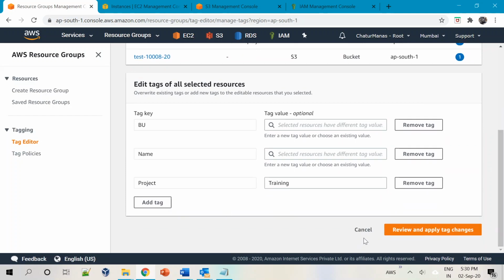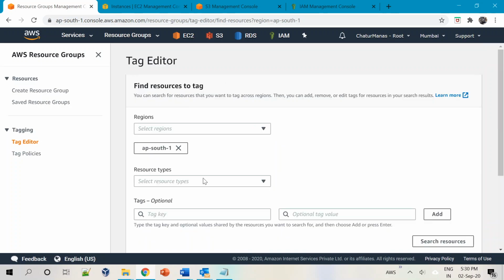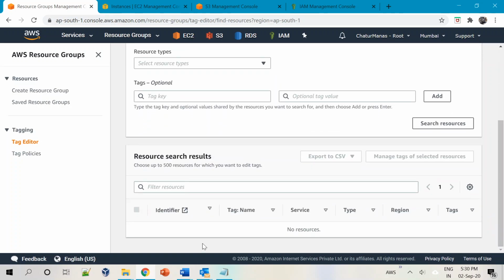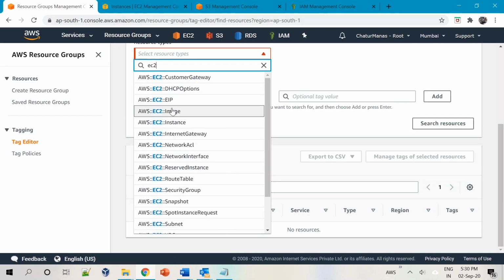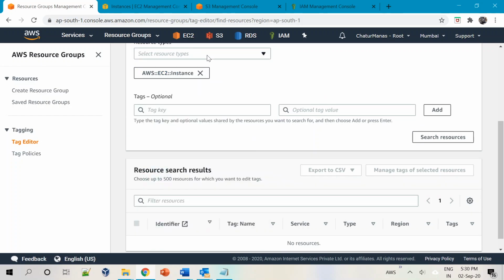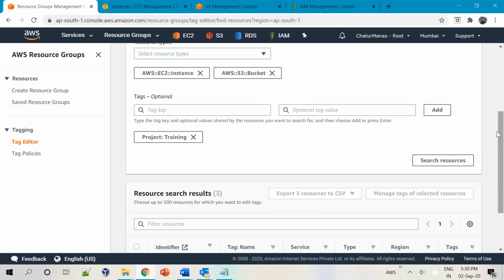Okay, so what I did, let me show it again. So search resource, sorry, EC2 type instance as well as S3 bucket, and I'll say project, I'll say training, I'll say add and search resources.